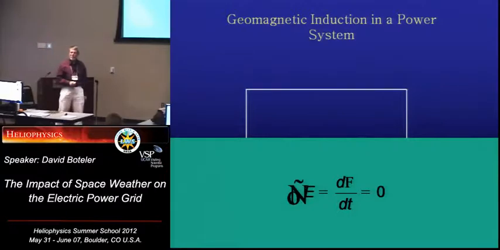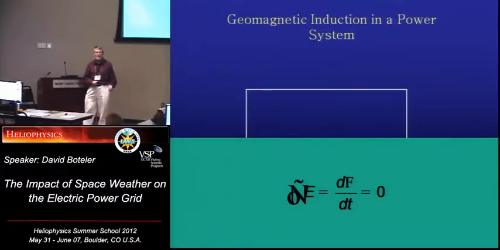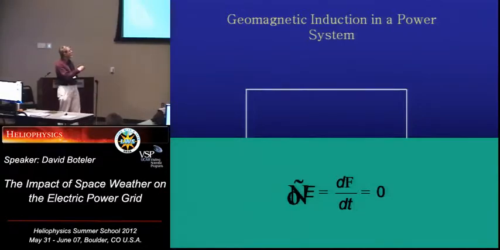But if you do a back of the envelope calculation, and this is one we should have had going, you find that the magnetic field change through that is insignificant. So effectively zero, even during a big storm. It's not adding up over the area. It's not very much at all. So you say, okay, there's zero induction in there, so the electric field around that loop is zero. So then some people make the leap, well, say there's no induction into that system.